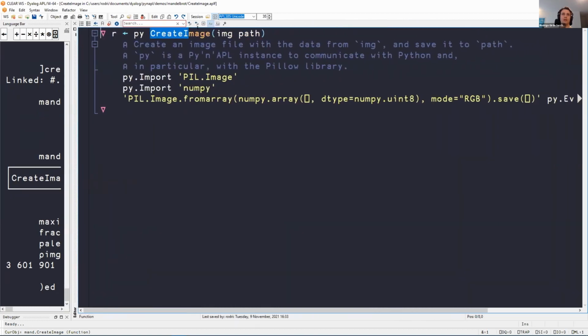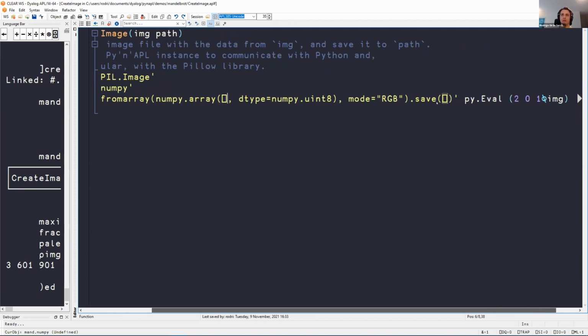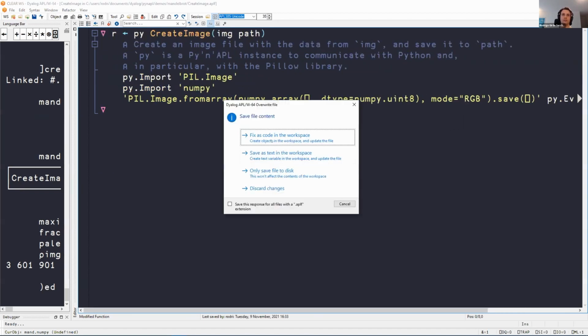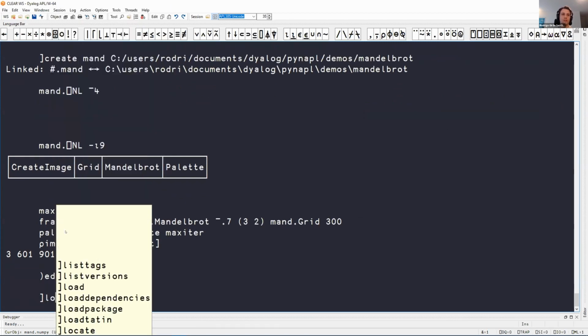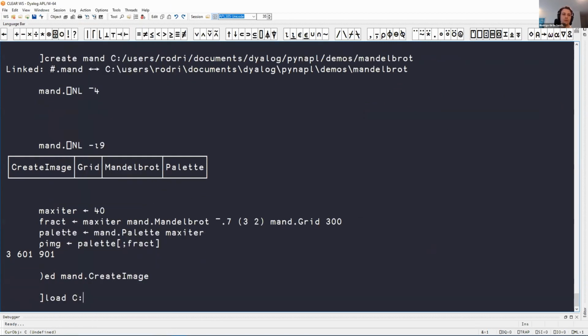And so my create image function is actually 3 lines of, we could call it Python code. We just import 2 packages, and you can see NumPy over here. And then we just pass in the array from the APL side, and then we save it to the path that we specify. And so if I want to use this, let's not do any changes. What I need to do is load, now let's copy the path, I need to load Py'n'APL